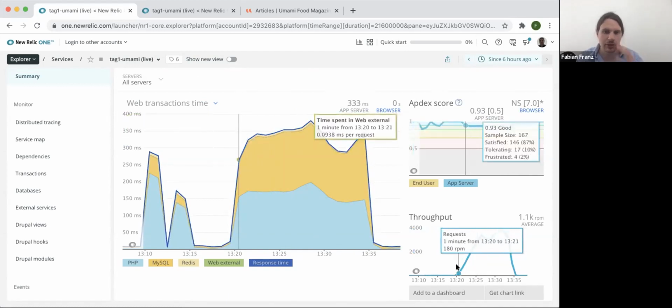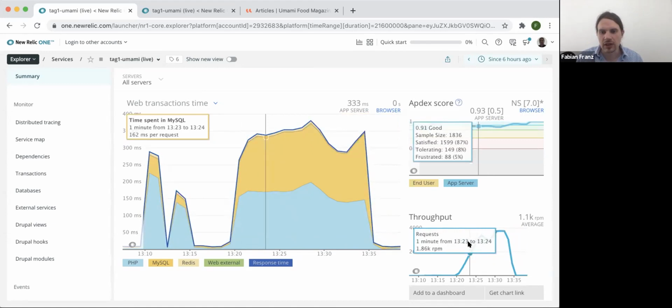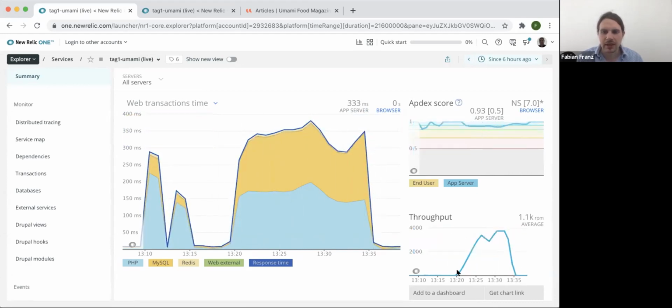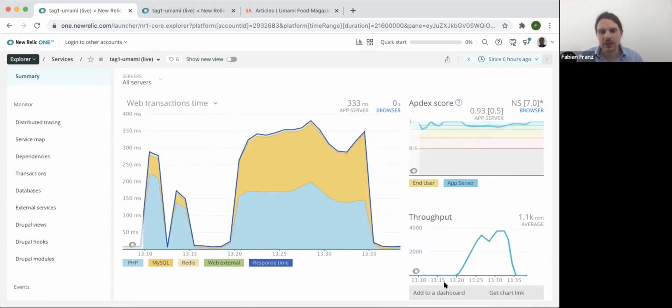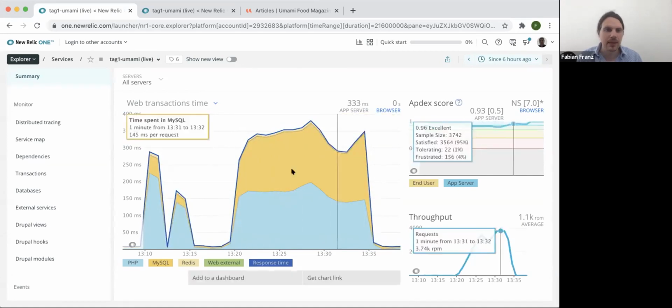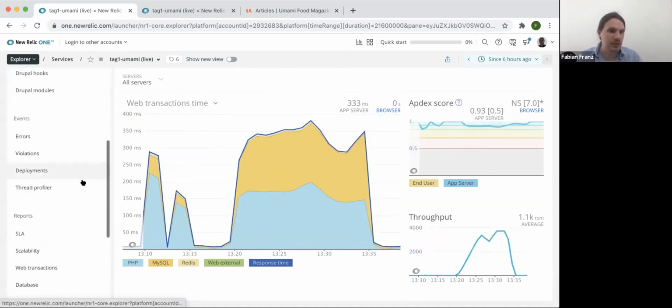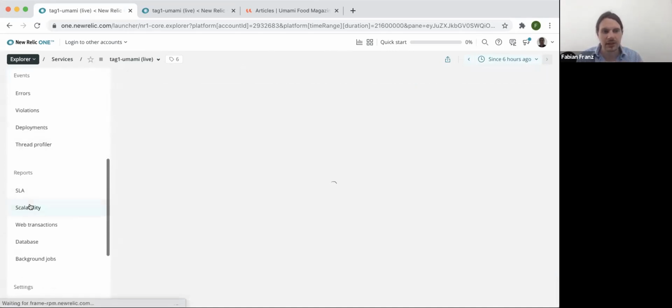However, with so much fronted by the CDN, it was okay to go 2 users per second. And it's essentially showing how we get more and more users till we have this saturated, and then we keep the load test running for a while, and then it goes off again. And when I do a test like this, not directly going to the many users, but with a slow ramp up, New Relic gives me something really great, and that's a scalability report.